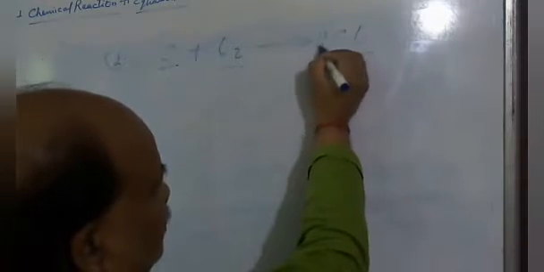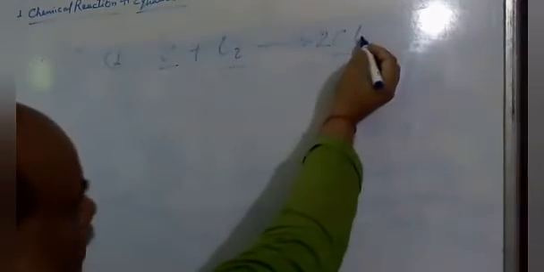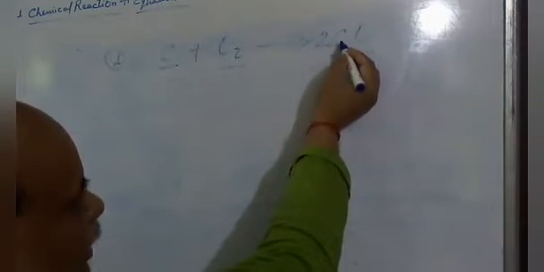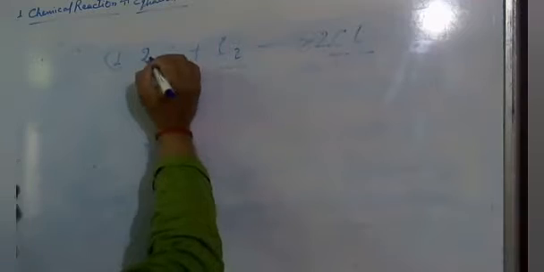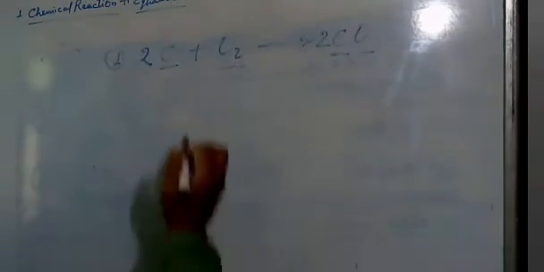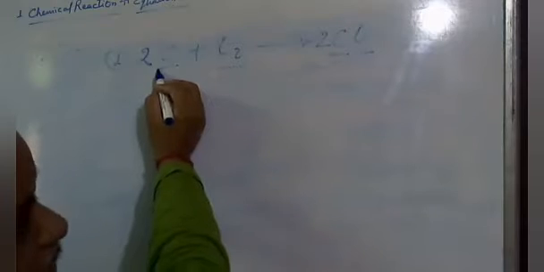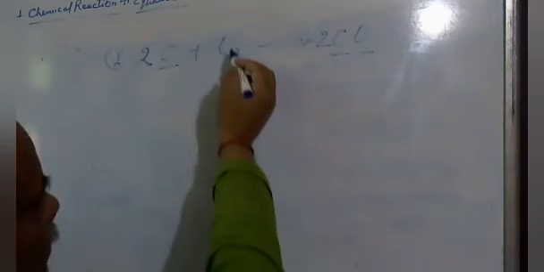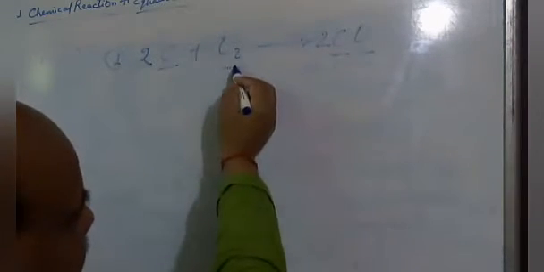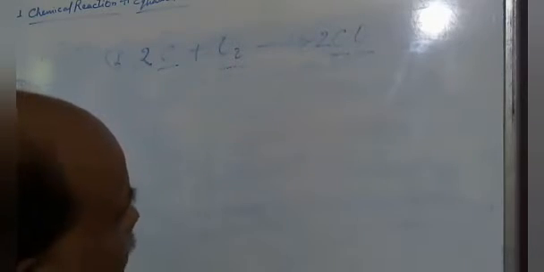Then what can we do? To balance oxygen, we multiply the product with coefficient 2, then there are 2 atoms of oxygen. But now there are 2 atoms of carbon on the product side and only 1 atom of carbon on the reactant side. So we multiply carbon on the reactant side by 2. Now we observe 2 carbon atoms on the reactant side and 2 on the product side, and 2 atoms of oxygen in one molecule of oxygen on the reactant side and 2 atoms of oxygen on the product side.